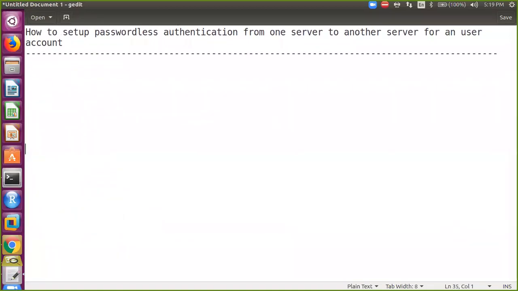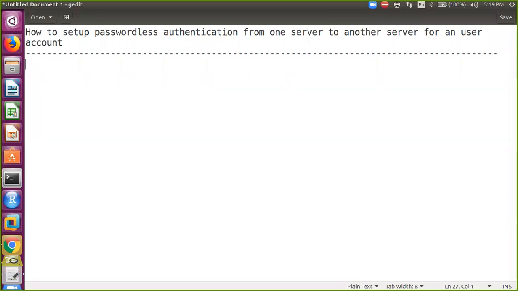Almost 6 years back, when I attended an interview for a DevOps engineer, they asked this question: how to set up passwordless authentication from one server to another server? Could you please write down the steps? At that time I wrote the steps, and then I clearly explained what happens internally when you enter these commands. Always remember, your answers should not be one-word answers. Always try to explain it clearly.